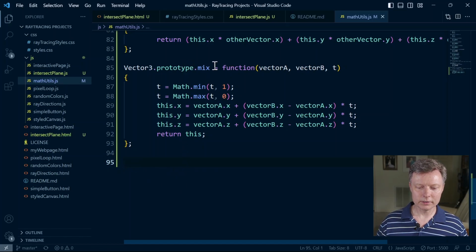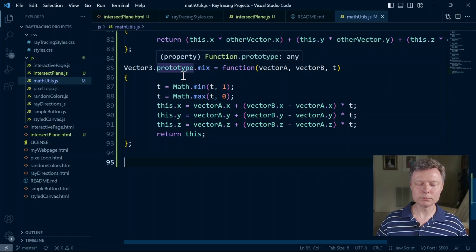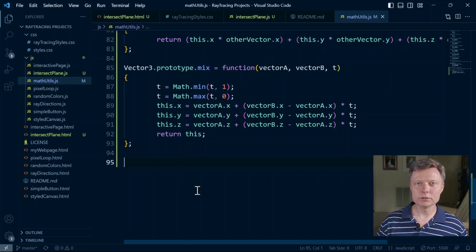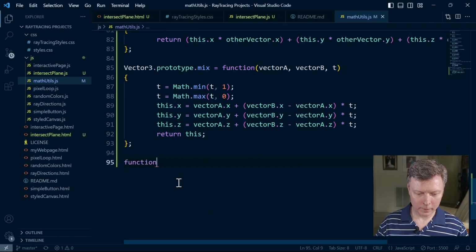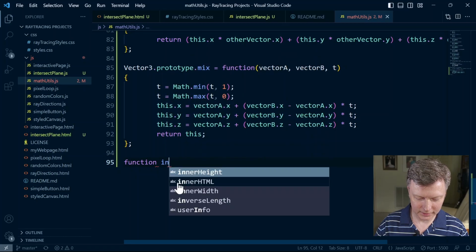And since we're not using the function expression method to set the prototype anymore, we can just use the function declaration method, which I prefer. But the only reason we had to use the function expression method here with these semicolons at the end and all that is because when you set the prototype, that's what you have to use in JavaScript. But now we're going to just do a normal function declaration. So you can type the function keyword first, and then the name of the function. So let's call this intersectPlane. I think that's fairly descriptive of what this function does. So intersectPlane,